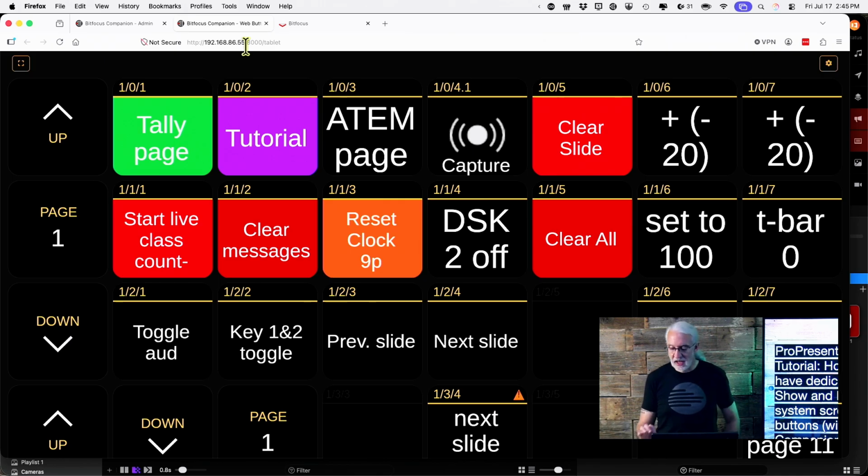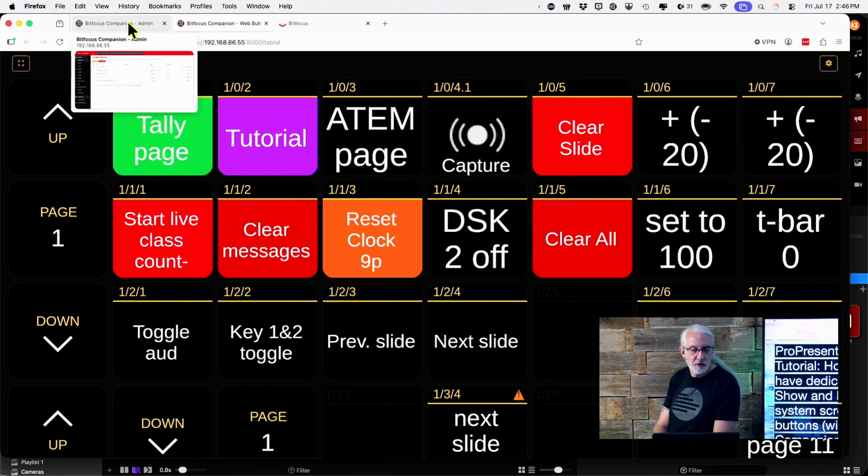Now, I will tell you that once you start using Companion, you're going to figure out more and more good ways to use it. For the first month, I thought, oh, this is nice. And then I had an idea. And then that idea made it easier. And then I had another idea. And before I knew it, I had all kinds of stuff going on. I mean, you can see this. This is even an experiment that I'm playing with here, to maybe someday do some stuff with a T-bar and an ATEM video switcher. So all kinds of stuff going on here,